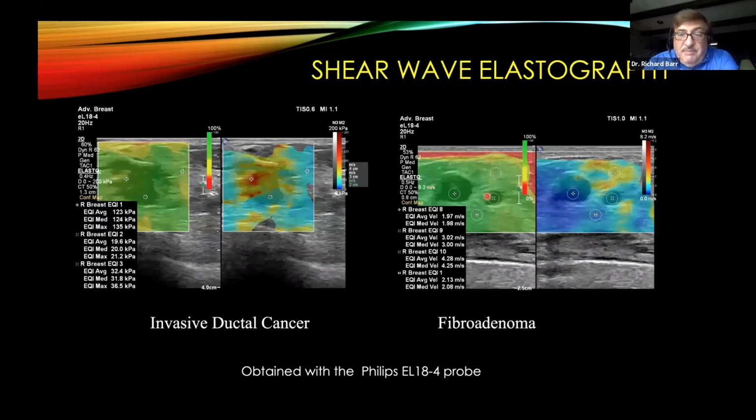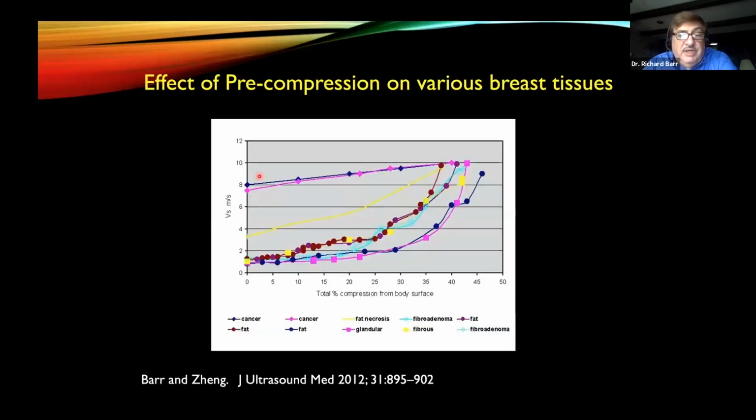And here are some examples. On the right, we have benign lesions that are fibroadenomas. Again, you can see the velocity map. The lesions are pretty uniform. Our quality map is green. It's very good. We've got some areas of bad data near the top. But here in this invasive ductal cancer, notice that there are areas that are very soft and areas that are very stiff and others that are intermediate. And we interpret the shear wave by finding the stiffest area within the lesion or within an approximately 3 millimeter surrounding rim. And we'll talk about why that is shortly.